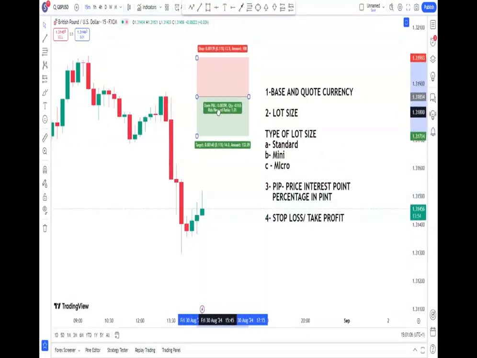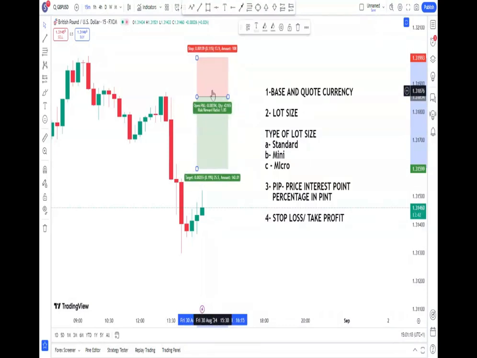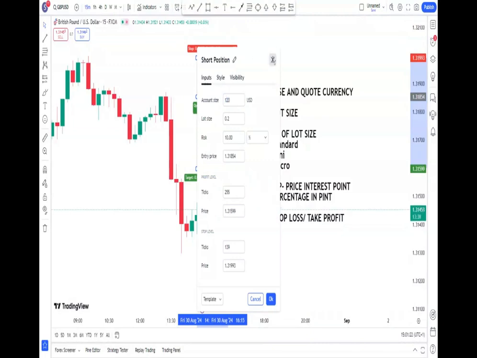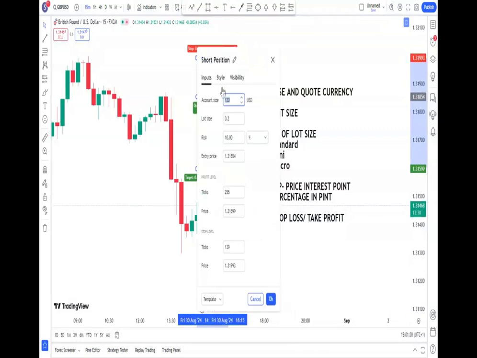This particular function you are seeing has two parts. It has the green part and it has the red part. It's just a function that you will use while doing your analysis. You will only use it, it's not that we are using it to place a trade, but we are using it as a point telling you,